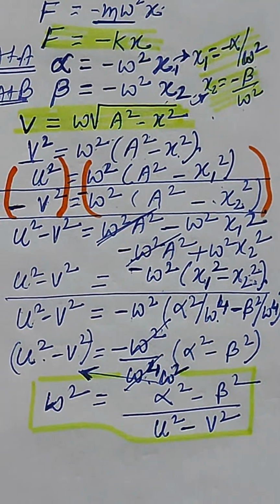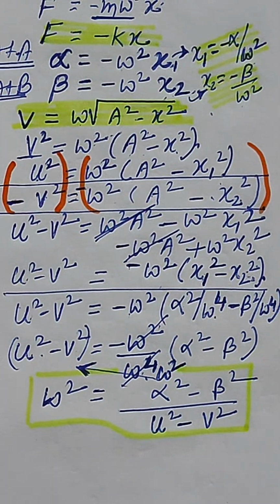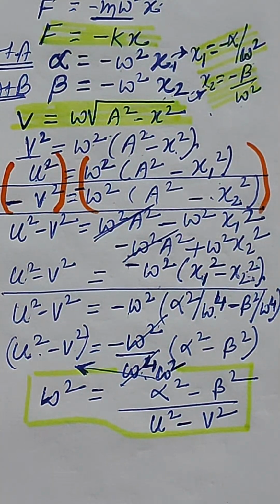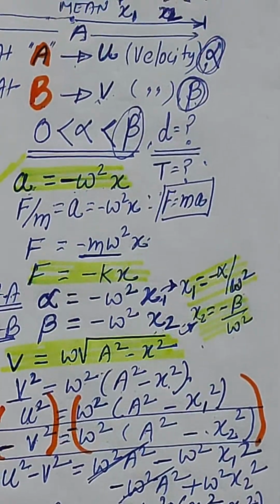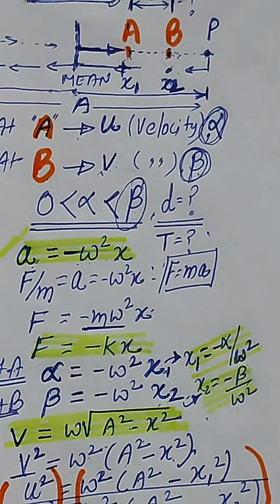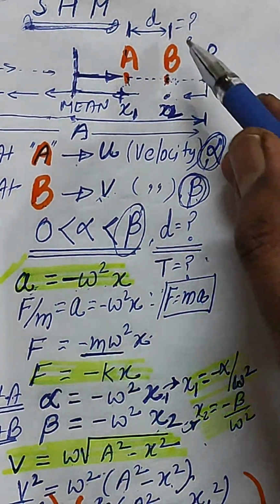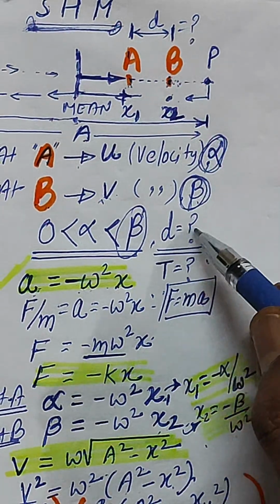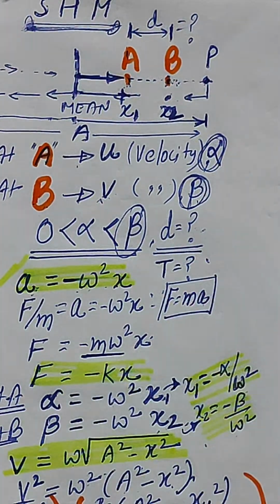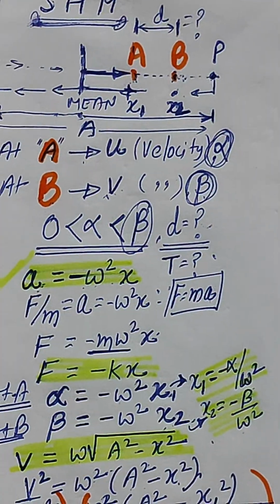Now from this, what is the benefit? The benefit is that we need to find the distance between the two positions of the SHM. This d needs to be calculated. D equal to what? So to identify the distance, what can we do,